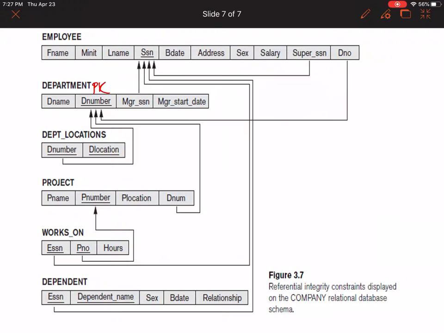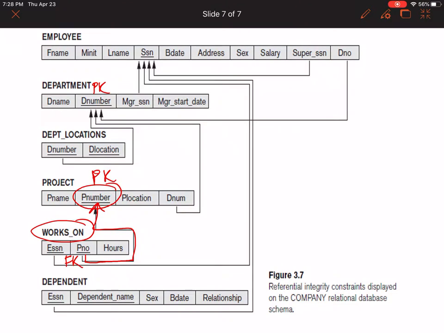Let's do another one. You can see that the P number here in the project table, this P number in works on, is related to the P number here. So this is a foreign key here, and this is a primary key here.